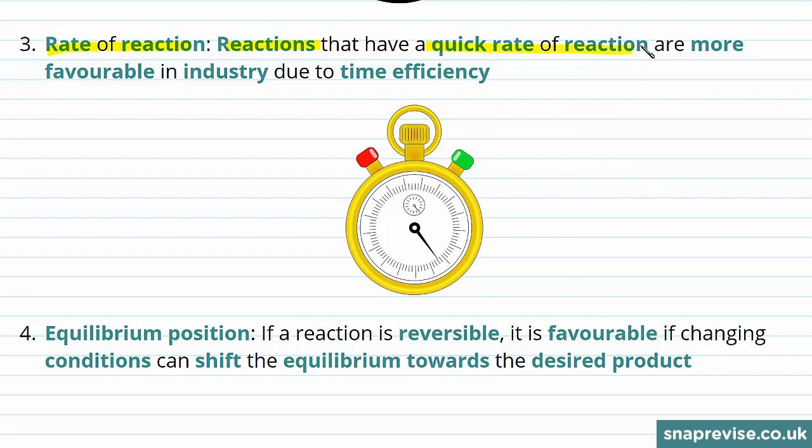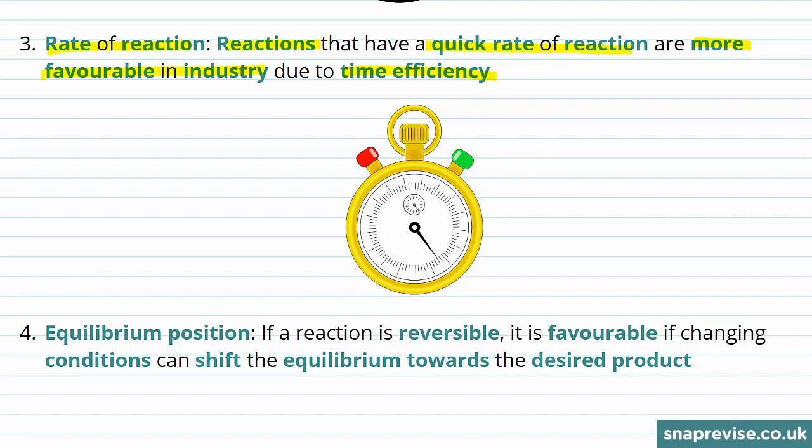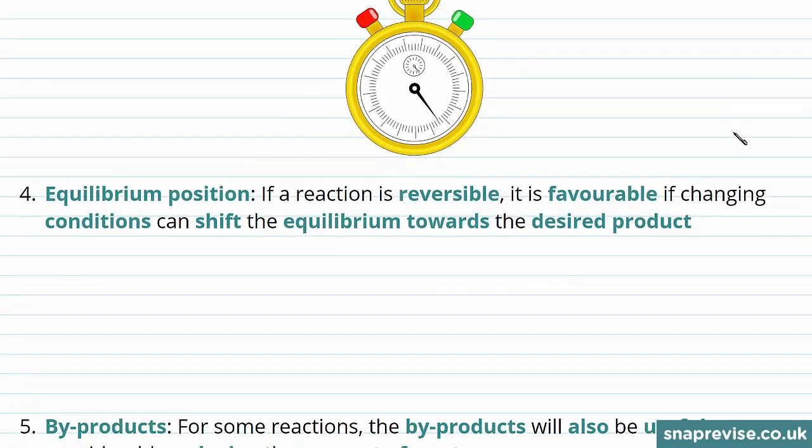Reactions that have a quick rate are more favourable in industry because they're more time efficient. This means that the product can be produced and used in a shorter time period if the rate of the reaction is faster. If you've seen our video on reversible reactions, you'll know that some reactions are reversible and therefore